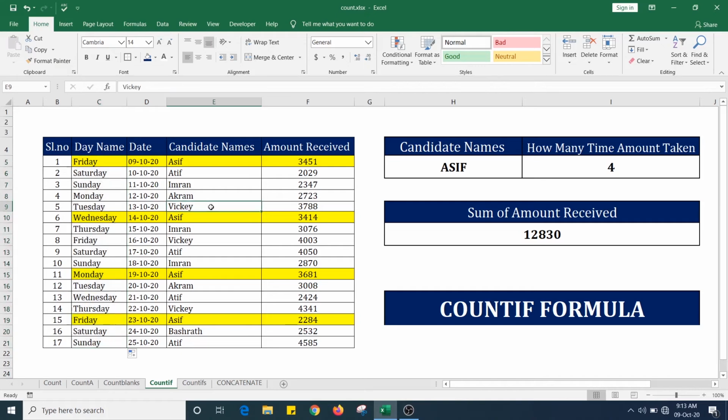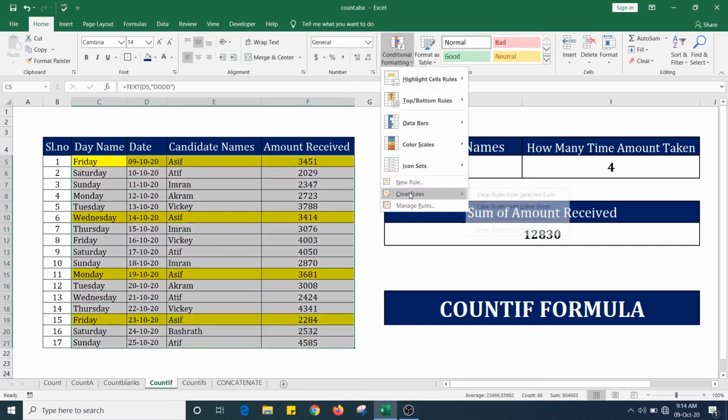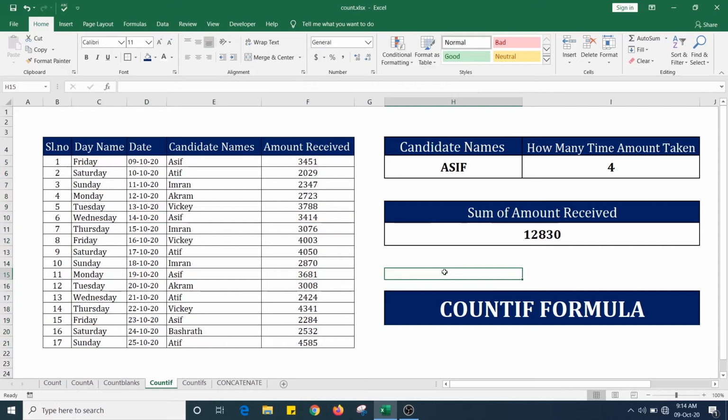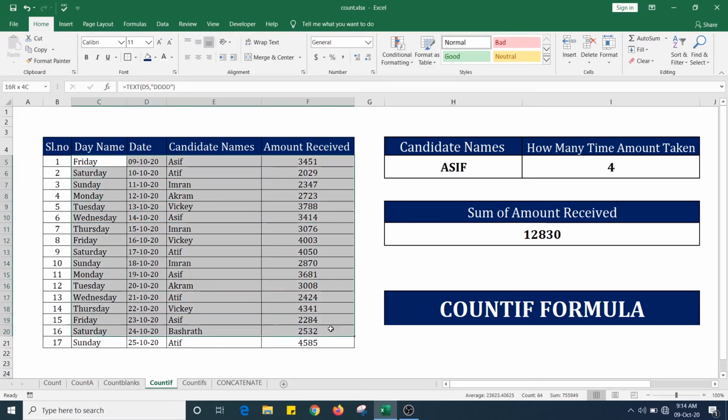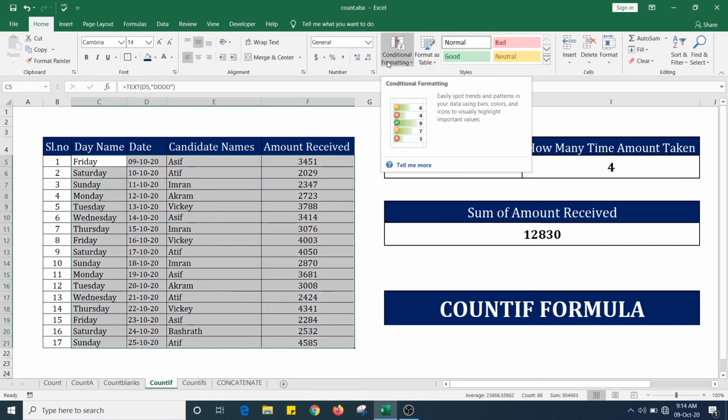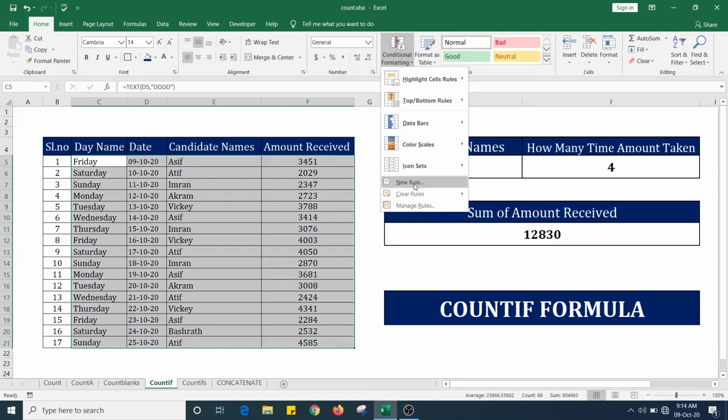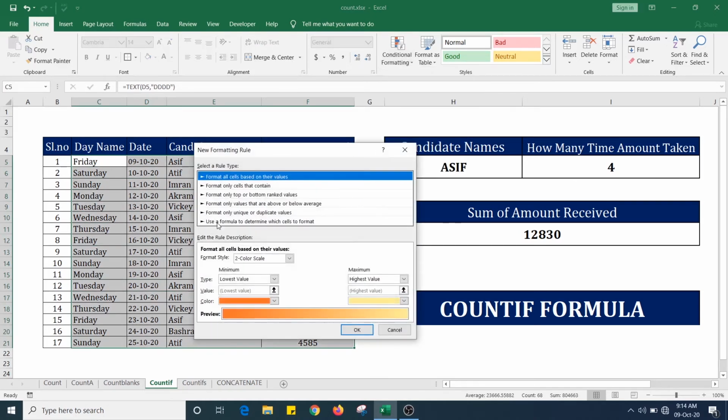See, it's very simple. Viewers, if you want to highlight the records name-wise, it's very simple. Clear this first, okay, clear the rule. Now I will show you how to highlight the row of a particular candidate according to the name. First, select the data here, click on conditional formatting, then click on new rule, select the option use a formula to determine which cells to format.